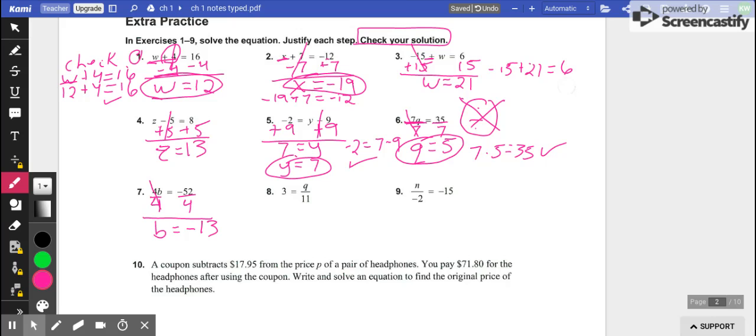For the next one, we see that q is being divided by 11. The opposite of division is multiplication. So we're going to multiply both sides by 11. Notice I use the multiplication dot, not the